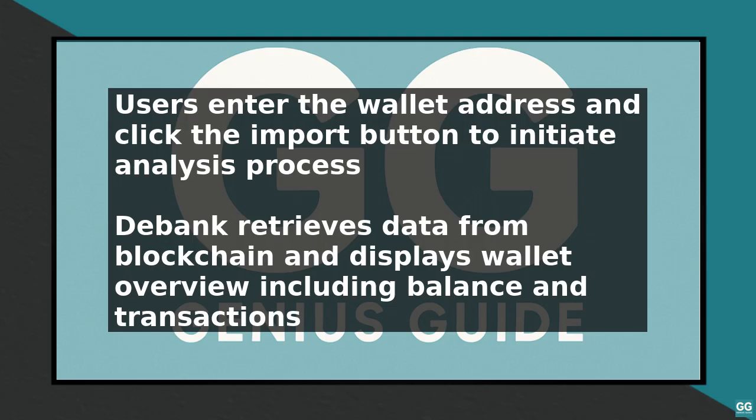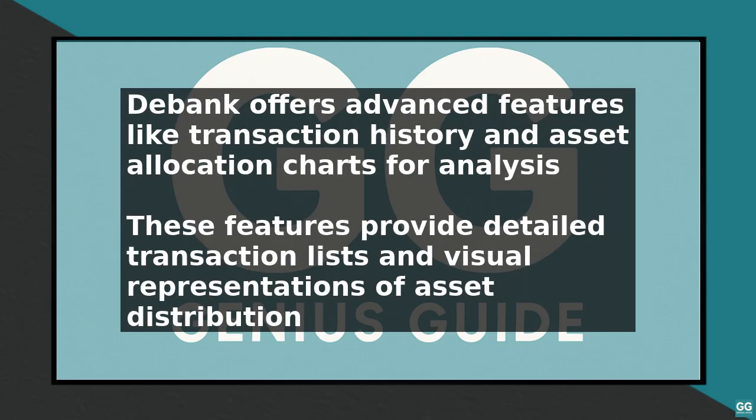To dive deeper into the analysis, you can use Debank's advanced features, such as the transaction history and asset allocation charts. The transaction history will show you a detailed list of all transactions associated with the wallet, including the date, amount, and type of transaction. The asset allocation charts will provide a visual representation of the wallet's asset distribution, making it easy to identify the